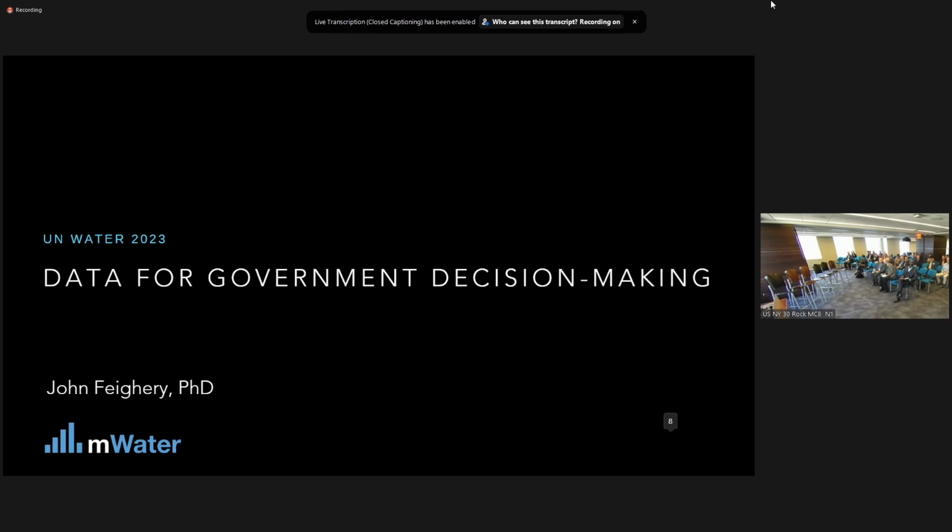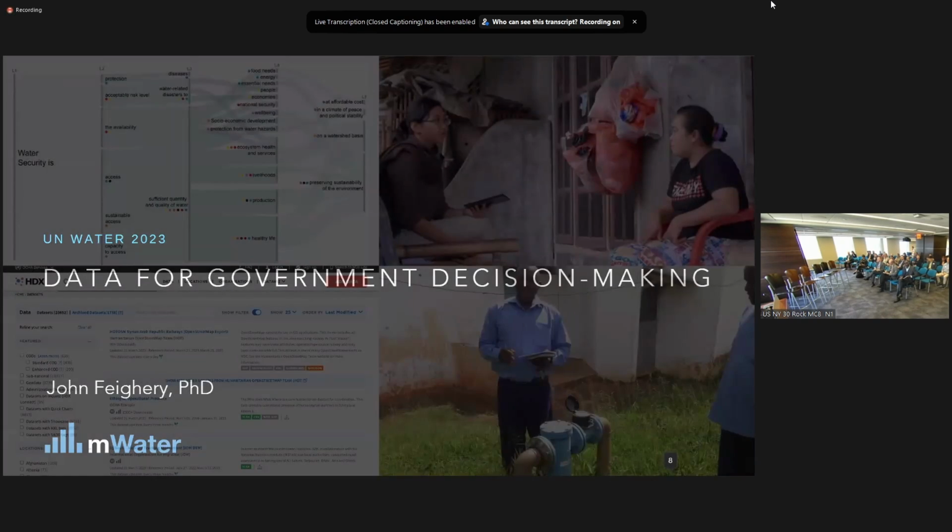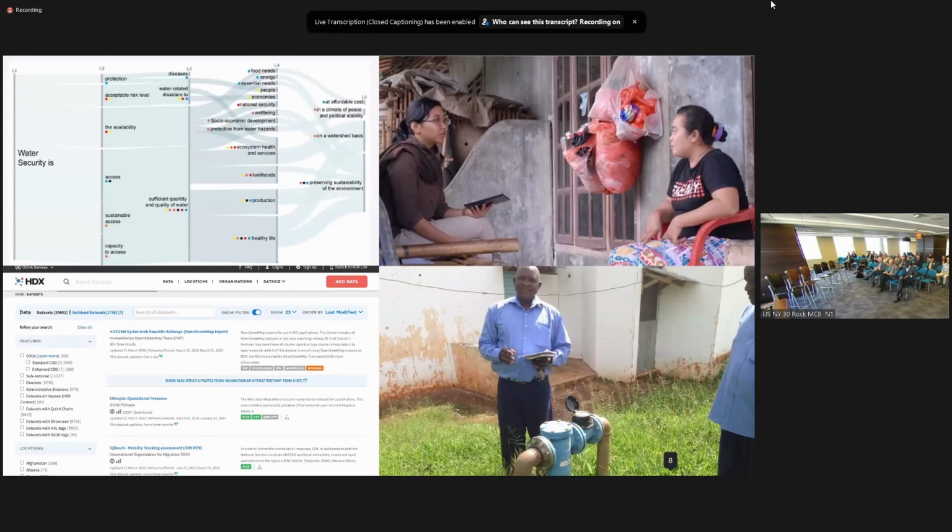Today we have just a few minutes, and what we wanted to do is think a little bit about where does data come from in the water and WASH sector. You may have your own categories, but when we try to think through this, I think there's four kind of buckets that you can put it into.